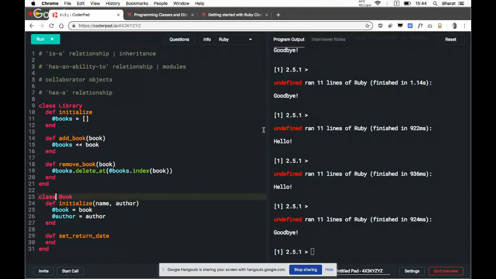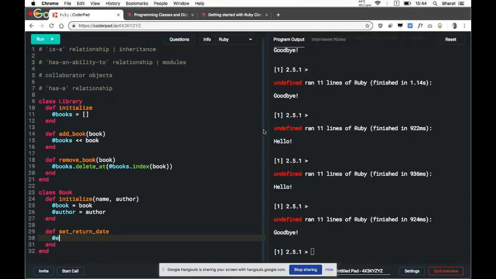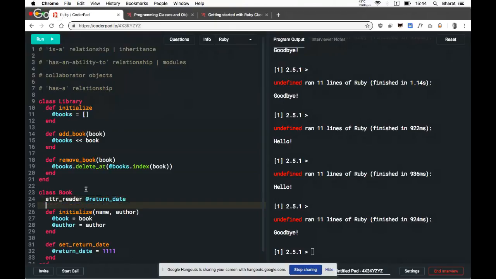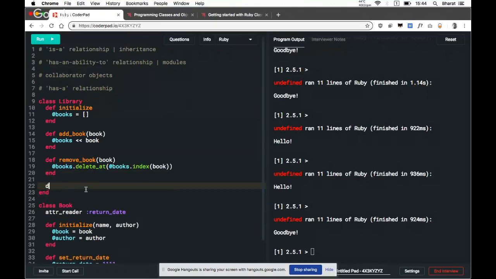You can say is equal to something, and you can do this. Now we can start thinking about is book.